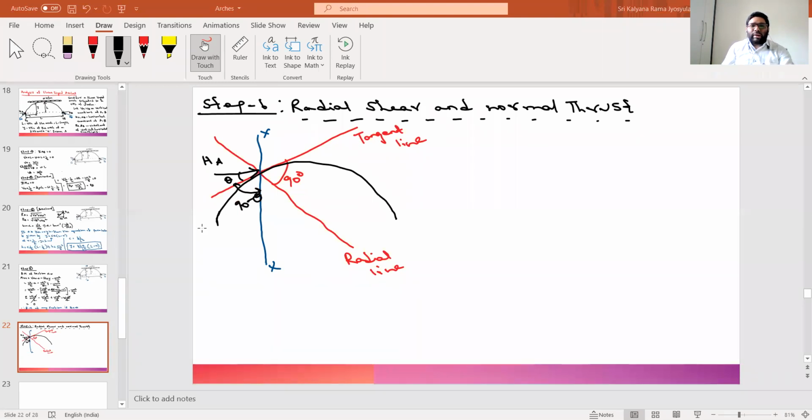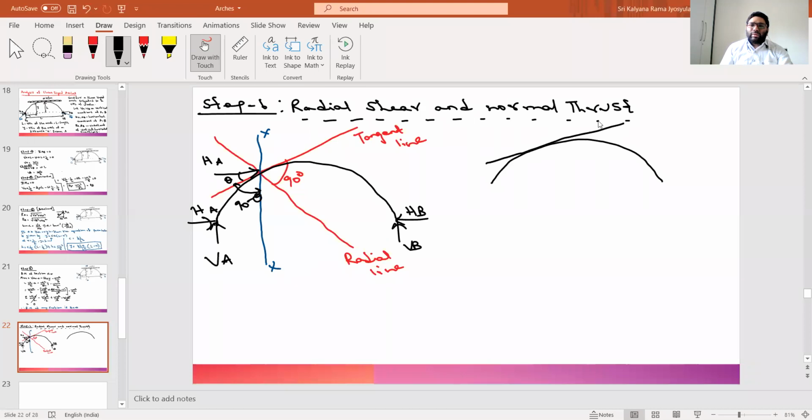So here, what we are trying to consider is there is a section at that point and a horizontal force HA is chosen, because we have cut a section there. Wherever there is a cut section, there will be horizontal force, vertical force, and pull. That's what we have seen in the previous classes. So this is VA, this is HA. Here we have HB and VB. When we try to resolve this, let me take two more arches.